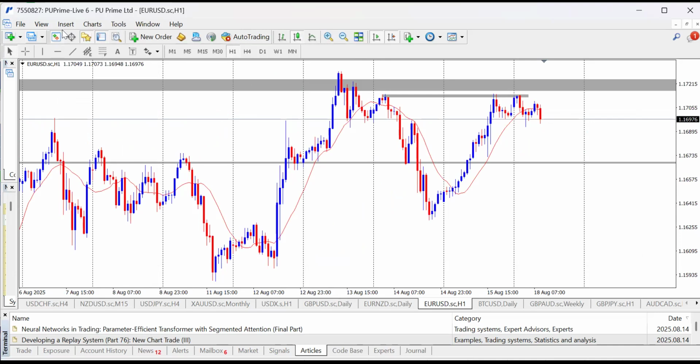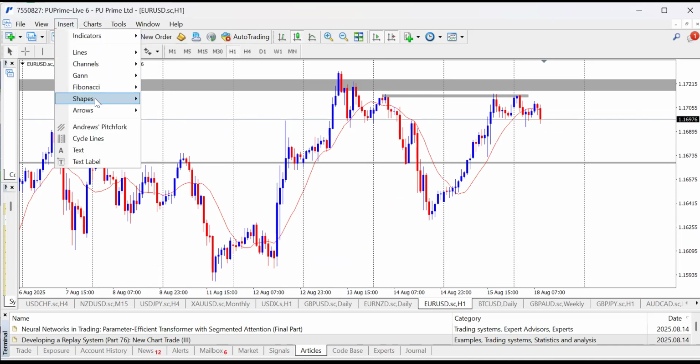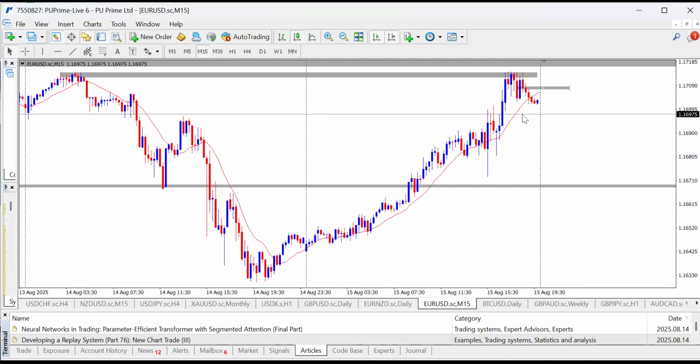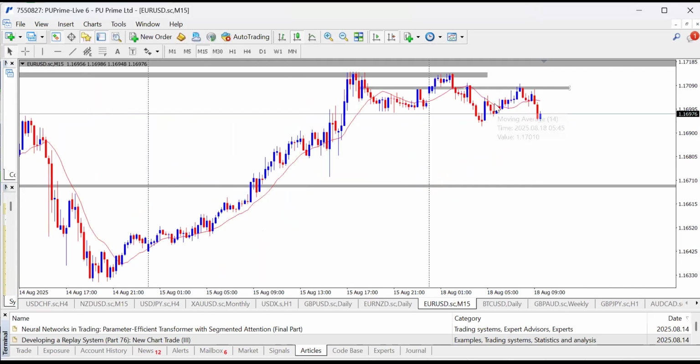So 1 hour time frame. Let me see if we can have an instant entry for 1 hour time frame. So 1 hour time frame, I think this is a rejection. We have a break of this low. If I go to 15 minutes, just a minute. Okay, so 15 minutes time frame. This is not a high. I think this is the low. We just have a break, a retracement.